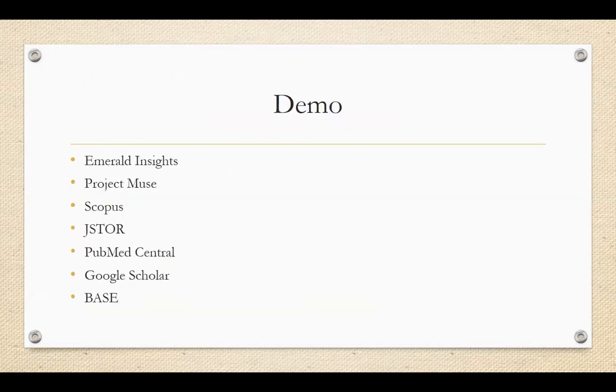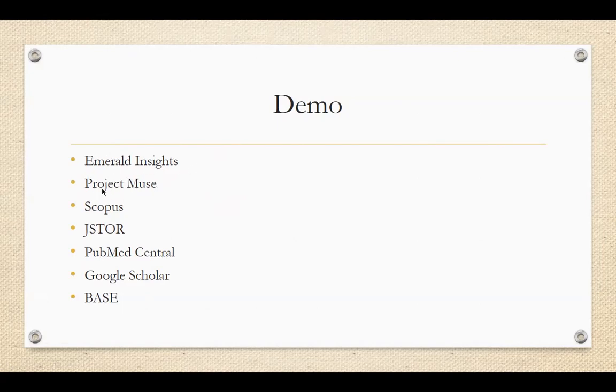So today, I will share with you some demo of some of the scholarly databases, and I have tried to include as example almost all kinds of scholarly databases. This also includes indexing and abstracting databases and scholarly databases as well. So first we will discuss the Emerald Insights database, which is a database of a particular publisher, that is Emerald Publishing. And we'll discuss how to access Emerald Insights, as well as what are the different retrieval techniques or features that are available in this particular database.